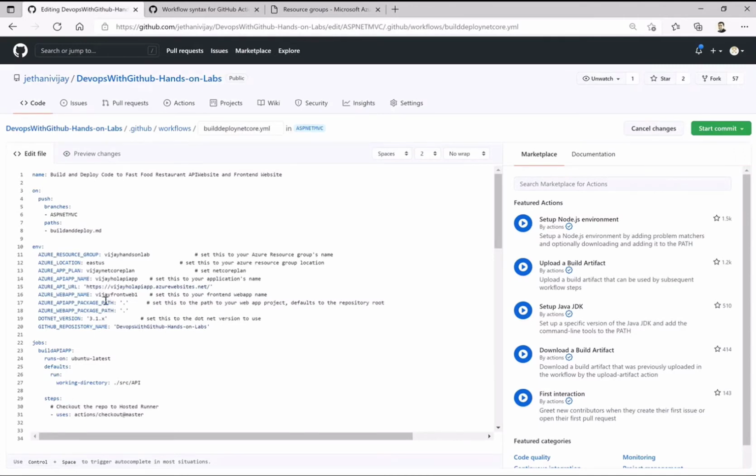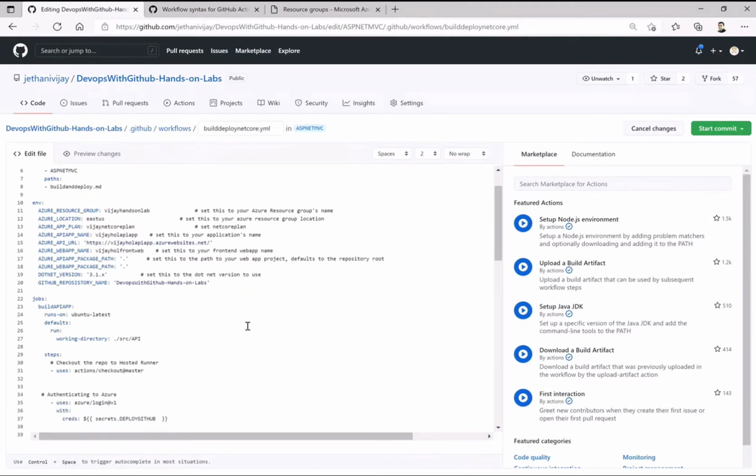Similarly, I named this web app HOL front end web. Okay, so path, let it be default, and for the .NET version I'm using the LTS 3.1, and my repository name is DevOps with GitHub hands-on lab. This I've done for a specific purpose. Let me show you while I go through that particular workflow.